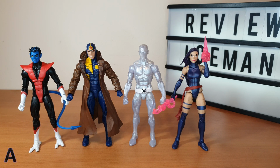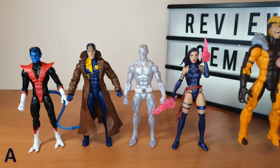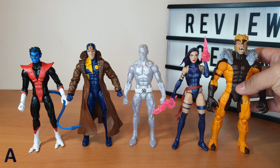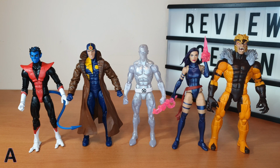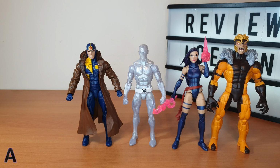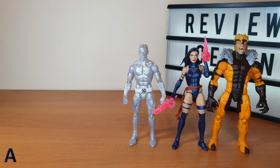Cool. I think we can add one more in there, but yeah, we'll just get Sabretooth in here. So that's what he looks like compared to Sabretooth. Sabretooth obviously is a lot bigger. I think everybody else just falls kind of into scale and into place, so that looks pretty cool. So we'll get rid of the Marvel Legends and we'll compare him with a few other figures. We do have one more Marvel Legend that we want to compare him to,